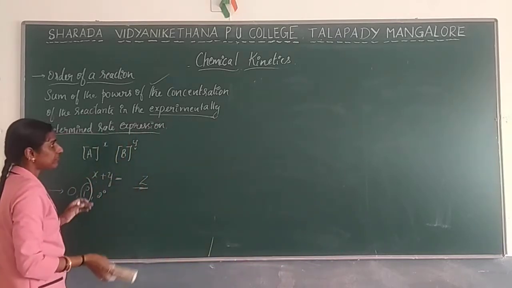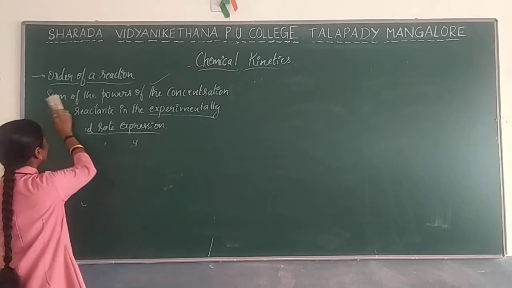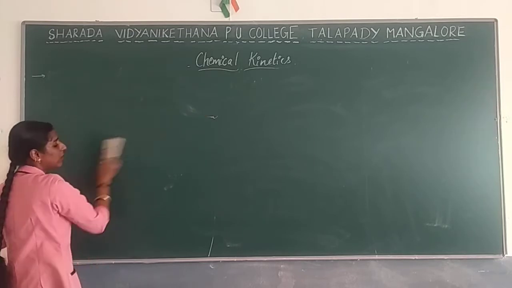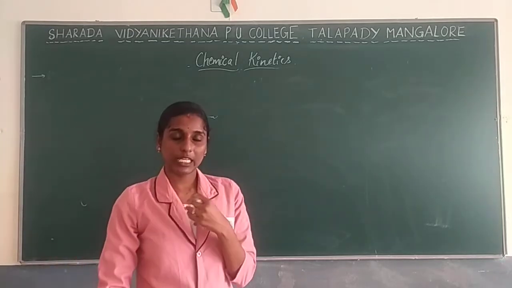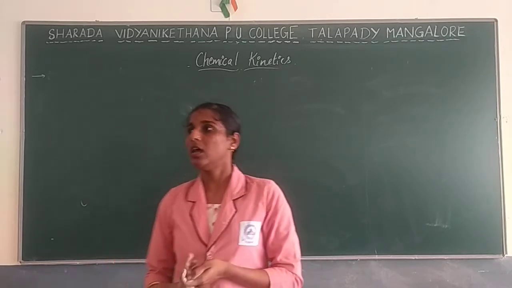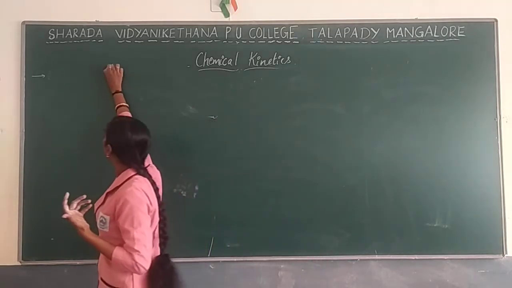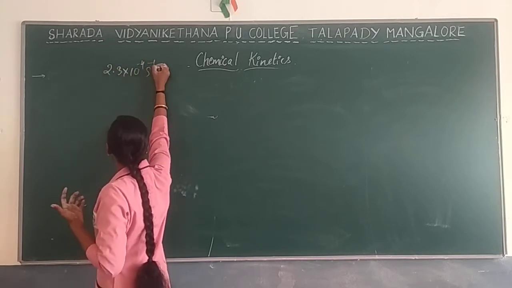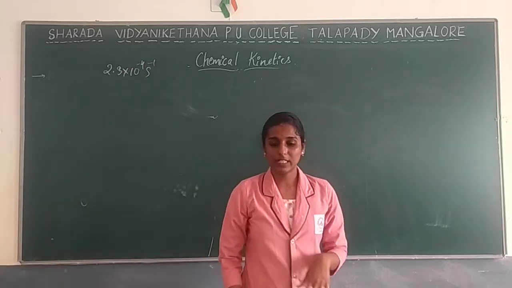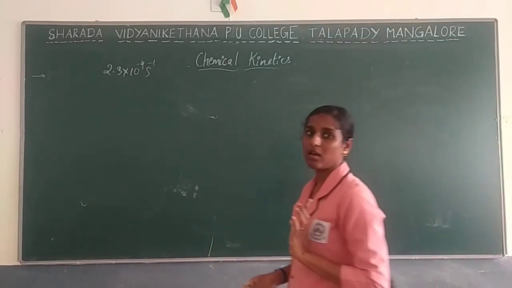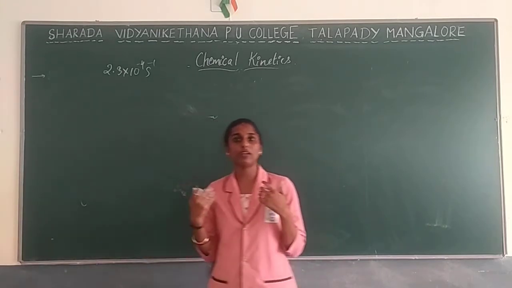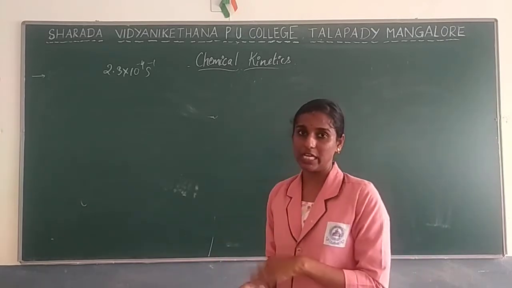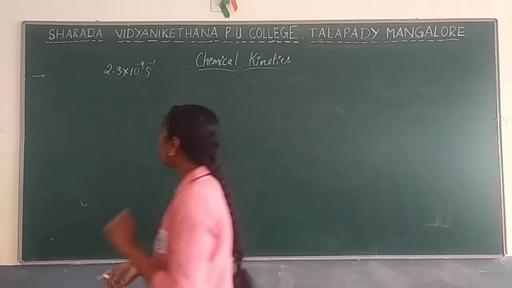So now here we are going to learn regarding the units of K. Sometimes when a question is asked, they will give one equation. For example, in the rate equation we will have a value of 0.3 to the power -4 per second. So what will be the order of the reaction? They can ask in that way. Just by seeing the value, how can you find out the order of the reaction?